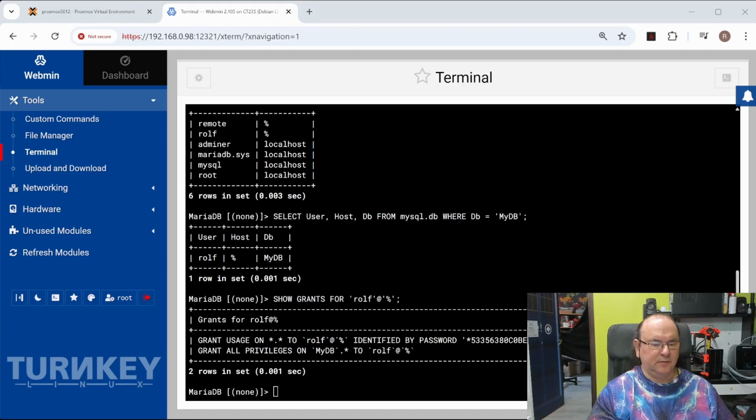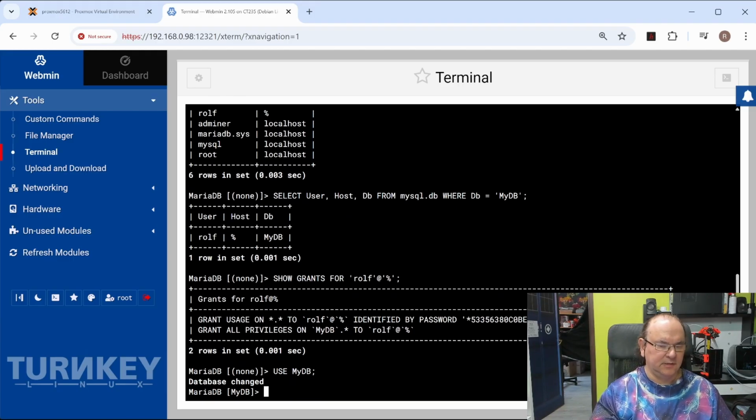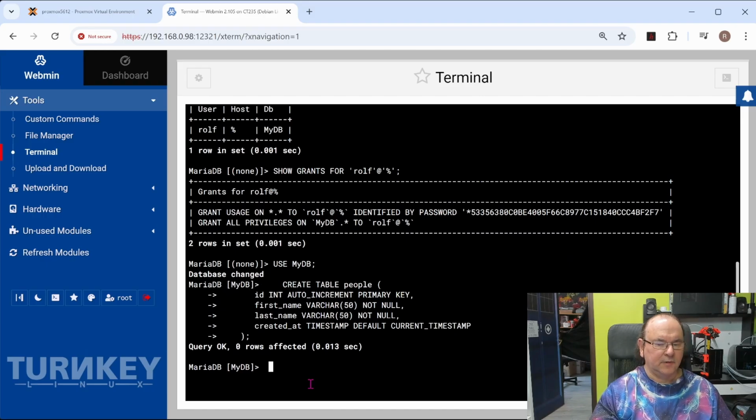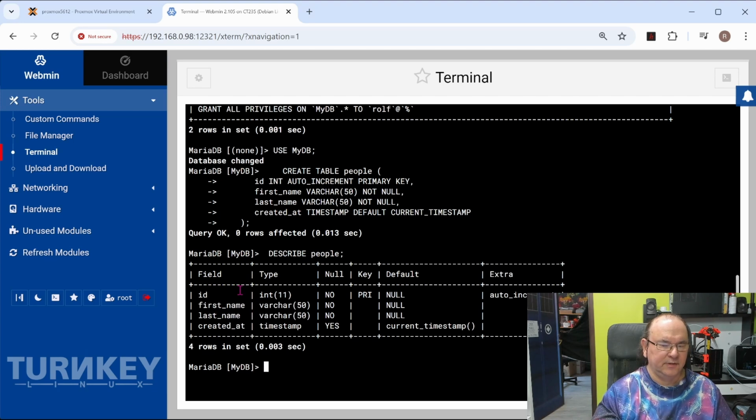And maybe we could give this example also. I'm just going to put one record in the table to demonstrate. To activate the database for the commands I'm going to use, you say use this database, and it says database changed. And then I'm going to, okay, I copied one line too many, so it actually copied the enter key. But what this does is create this table in the database. And then I'm going to check that it actually ended up there correctly, so I'm going to ask it to describe it. And as you see here,